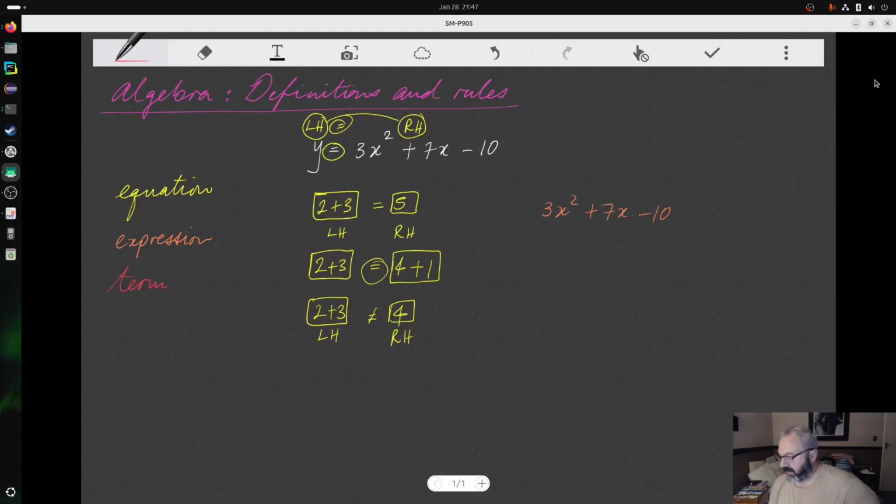I'll explain it to you like this. This here is one term. This is another term, and this one here is another term. So in a mathematical expression or in an equation, the terms are separated by either pluses or minuses. Your terms are separated by the signs, either a plus or a minus. Not multiplication and not division. Only a plus and only a minus.